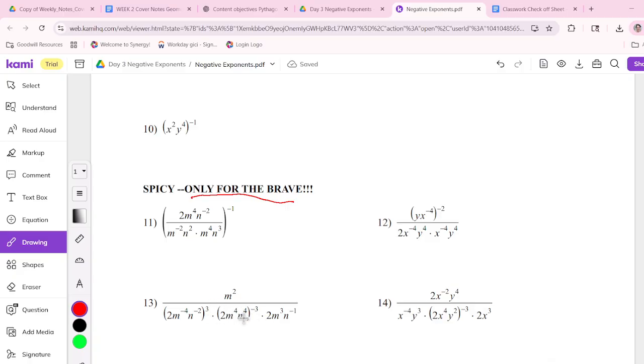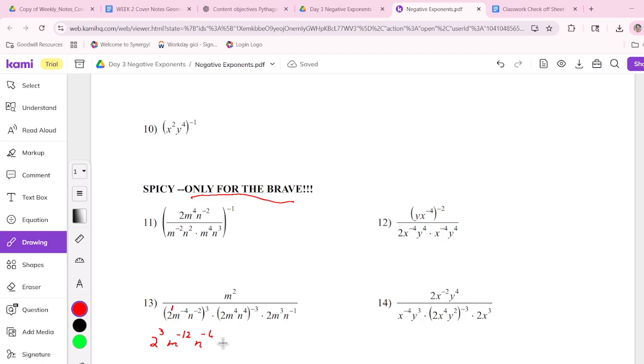Down here, I have a combination of product and power rule. Do you all agree with that? And this numerator is already simplified. So over here, I am going to put 1 as the exponent for that 2. And I have to multiply 3 times 1, 3 times -4, 3 times -2. So 2 to the 3rd, right? And then what's 3 times -4? -12. And 3 times n to the -2,